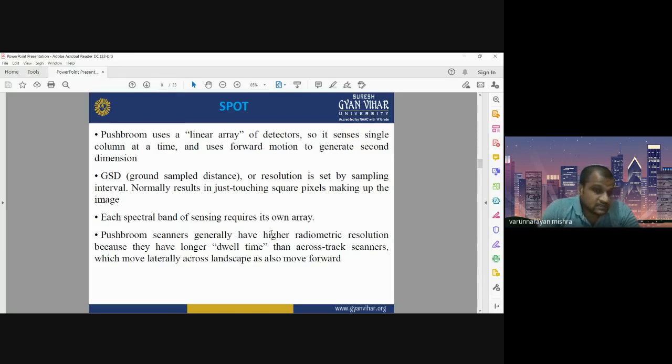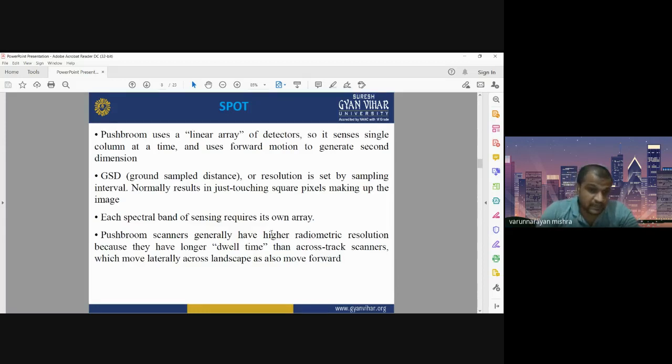Second important term is GSD, ground sample distance. It is directly related to the resolution or pixel size. Okay, GSD means ground sample distance. How much area is sensed on the ground by that sensor is directly related to the pixel size. Pixel size is a kind of spatial resolution. It is set by the sampling interval, and normally it results in just touching square pixels making up the images.